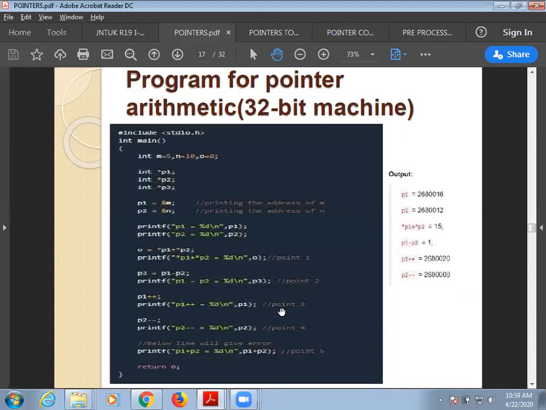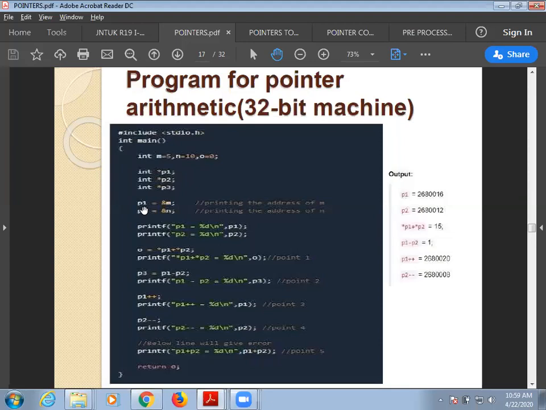So let's see an example regarding this pointer arithmetic. First, I'm declaring a general variable m which is equal to 5, and n which is equal to 10, and o which is equal to 0. And then I'm declaring three pointers, p1, p2 and p3. All are direct pointers.